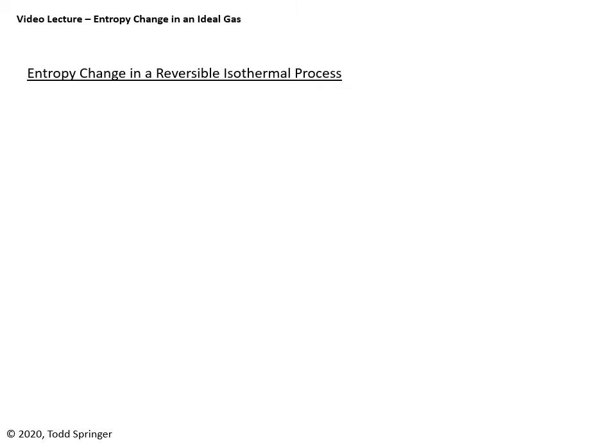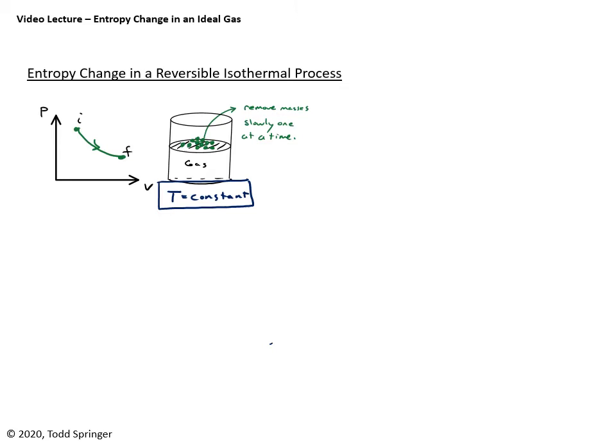And again, to start, I'm just going to do some examples. So the first one, let's think about a reversible isothermal process. So hopefully you remember what an isothermal process looks like on an ideal gas. If I've got a container full of gas, maybe the gas is compressed by some masses on top of the piston, like we see in that figure, and I start removing the masses one at a time, slowly,